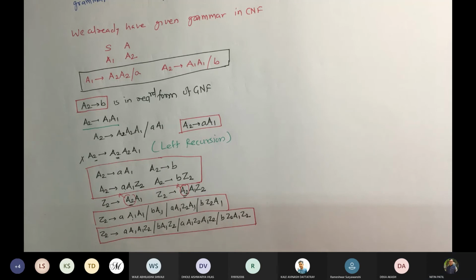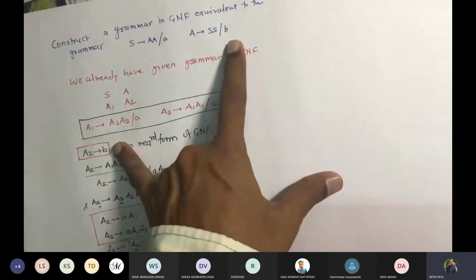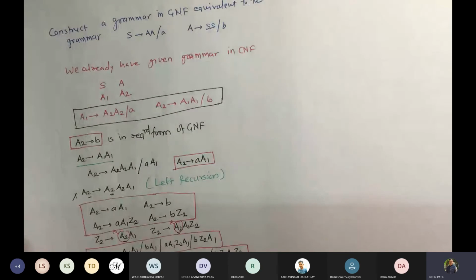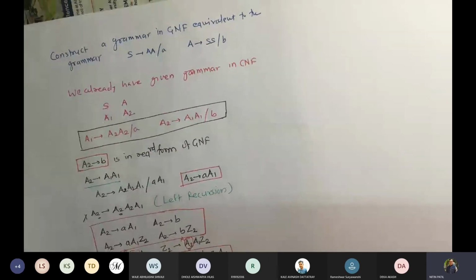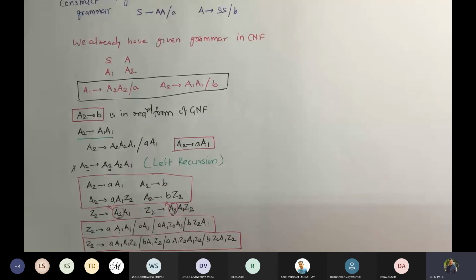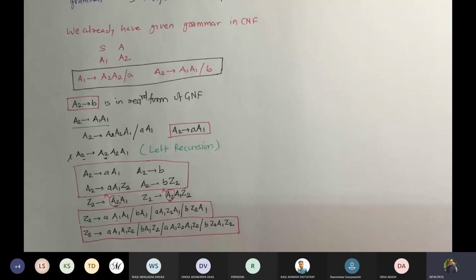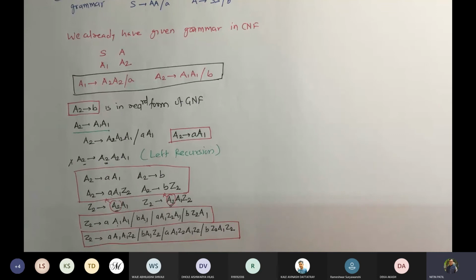Similarly, this. So you may see why we are applying this GNF. Earlier, our productions were only 4. Correct? 1, 2, 3, 4. Then we are increasing the number of productions here. So what goal are we achieving? We are simplifying it, so as to execute in a simple manner. When you compile your program written in C, your number of lines is say 10. But when you create an executable and try to see the number of lines of that code in an a.out file, for that purpose, you may write this command.